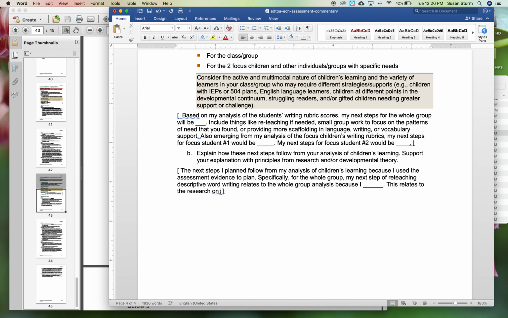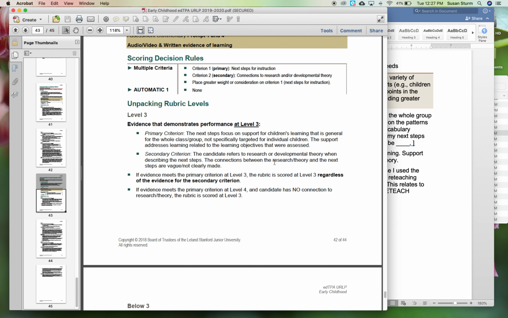This relates to the research on, and then go find some research that says it's good to reteach content when it is not mastered. Okay? And then you're going to do this for